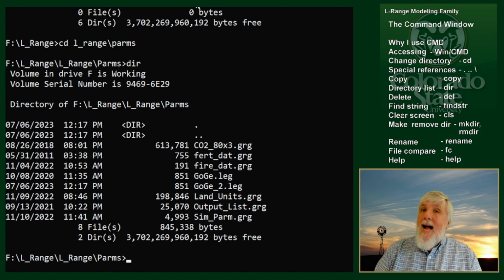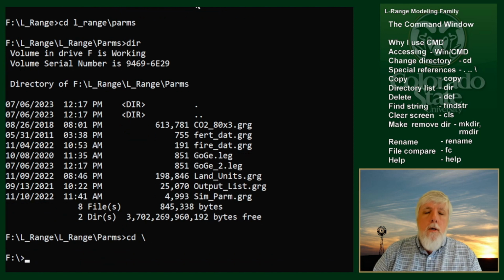We also have a backslash. The backslash by itself is another shorthand that means go all the way back to the root of the drive. So if I do cd backslash, no matter where I am, it's going to return to the root of the drive. So those are the three special references. We've got dot, not used very often in some circumstances. There's double dot that I use frequently, and then backslash that I use frequently as well. Let me go back to where we were